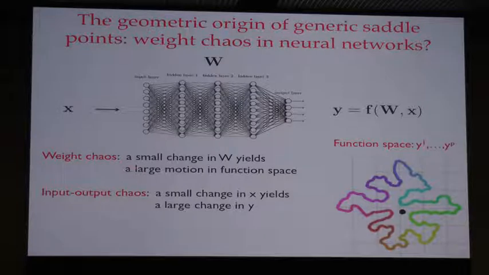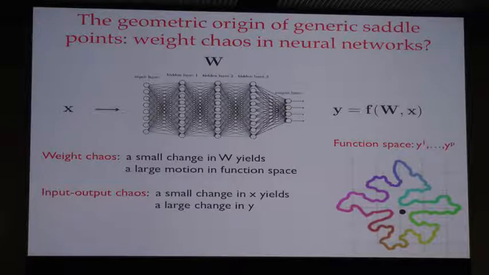Now, it turns out these ideas of weight chaos were actually studied back in the 80s and 90s in the context of spin glasses. So there's something called temperature chaos in spin glasses, where a spin glass is like a Boltzmann machine that assigns energies to multiple spin configurations. And if you change the temperature slightly, what were the low energy states completely become high energy states, and what were high energy states become low energy states. So there's a huge reshuffling of states. And this work is kind of inspired by that. It turns out the same weight chaos that holds in spin glasses also holds in deep neural networks.